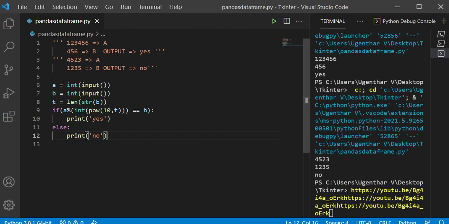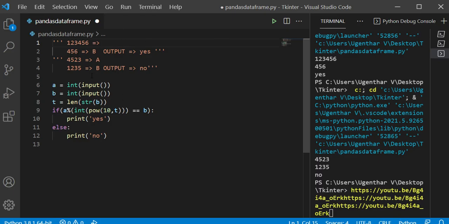I am getting the last 3 digits. The last 3 digits can be taken by using modulus of 1000. If you want to get the last digit 6, then A modulus of 10 gives 6. If 100, you get 56. If 1000, you get 456. If 10,000, you get 3 4 5 6. This is the basic working of this line.